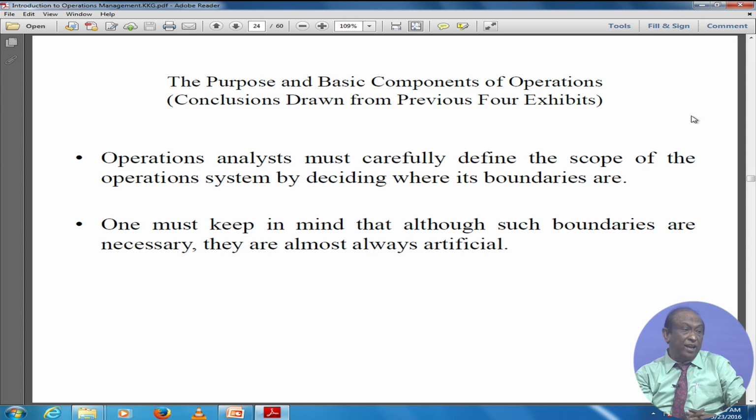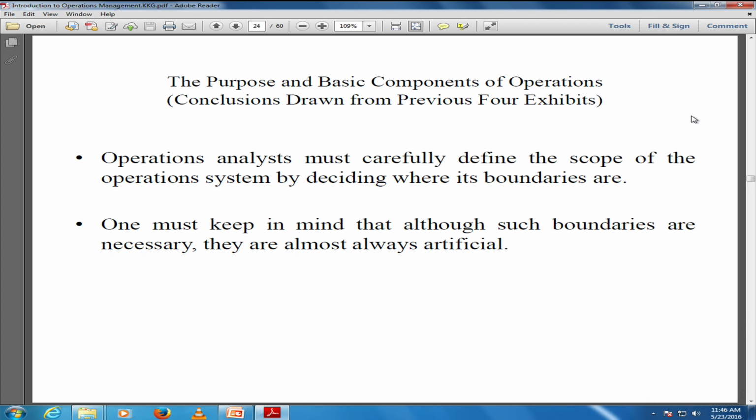So, operations analysts must carefully define the scope of this operation system by deciding where its boundaries are. This is very important, particularly for all of you who are doing research in the area of operations management or any particular field. Defining the scope, defining the boundary of the system is very important for your research work. And in that, what is important is not only defining the boundary, but also clearly specifying what is not included in